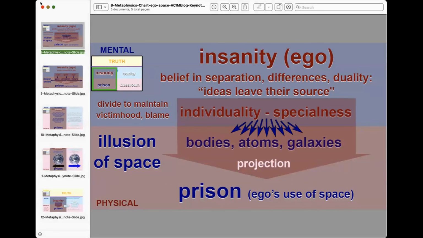So here's another version. This is now zoomed in. So now in that little map locator, what I did is I put the green box, kind of like whoever's talking in Zoom, like a little green outline in that little legend in the upper left corner. So you can see insanity and prison are highlighted there. And this is really kind of where we spend most of our time as egos. And this is probably, in fact, the lower portion of that, if we're honest with ourselves. When we're not listening to the Holy Spirit, we're pretty much